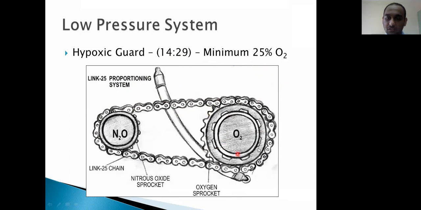What this does is, when the oxygen flow meter is reduced even by mistake, at 25% flow meter setting even nitrous will start reducing, and the total flow is going to reduce such that at least 25% oxygen is provided, so that a hypoxic mixture is not provided to the patient. As in atmosphere we have 21% oxygen, so for safety the minimum is set at 25%. Because of this linkage, 100% nitrous can never be provided in modern anesthesia machines, because this linkage ensures that at least 25% is always oxygen.